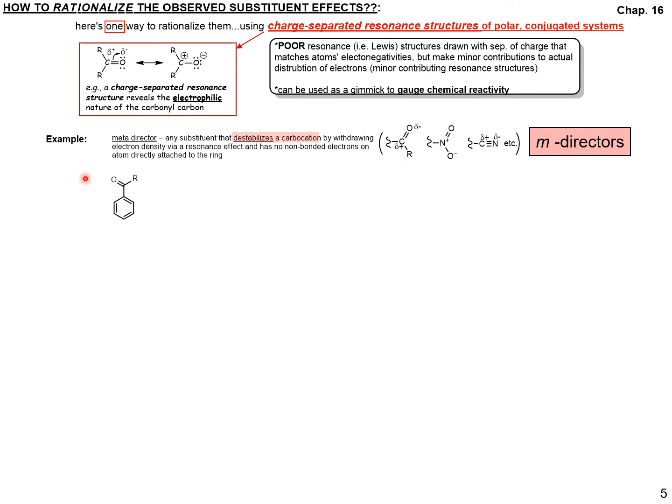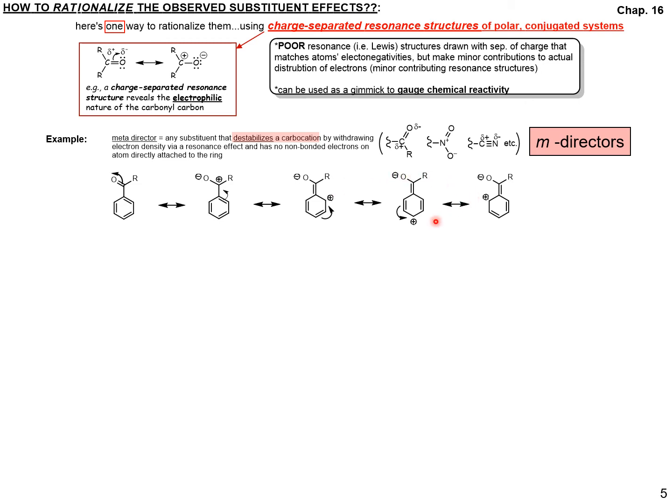We can show that by drawing these resonance structures. The first resonance structure is similar to the one in the box over here, where I give the pi electrons in the carbonyl to oxygen. I end up with a positive charge on this benzylic carbon. If I have a positive charge on the benzylic carbon, I can now start to take electrons out of the ring and form a double bond to the benzylic carbon, which would give me a positive charge in the ring. If I continue drawing resonance structures in the usual fashion, you'll see that I end up with the positive charge on the ring in three specific places: